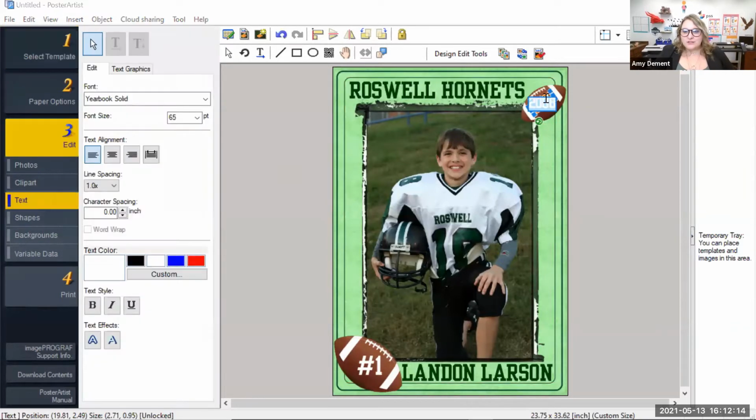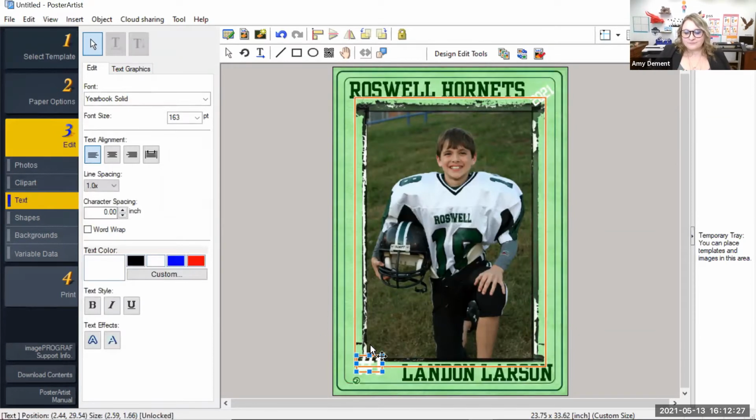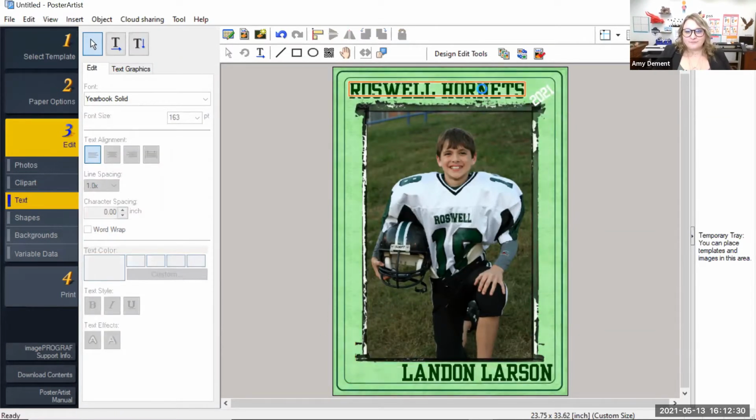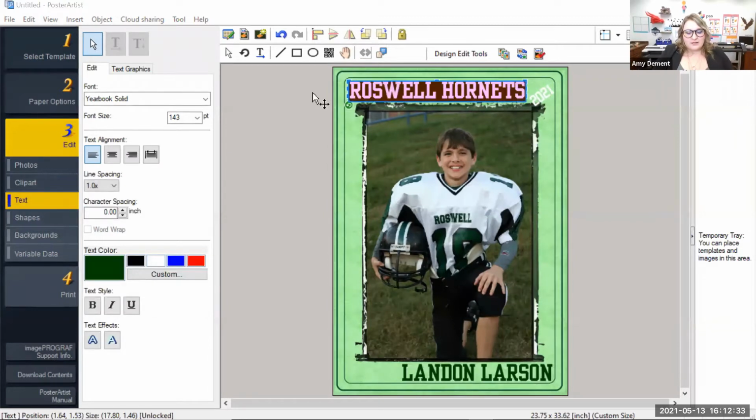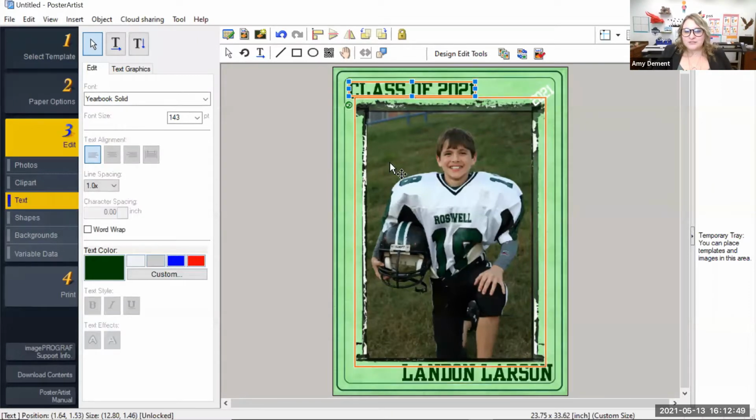So if you wanted to, you could change the year on this football to 2021. And you could remove this football just by deleting it. So if you want to, up here you could say congratulations or class of 2021. And then you could put the graduate's name at the bottom. So now if you wanted to, this image here, if you want to add in the picture of the student,